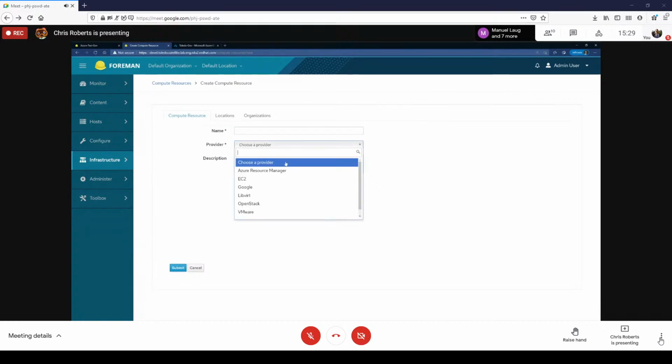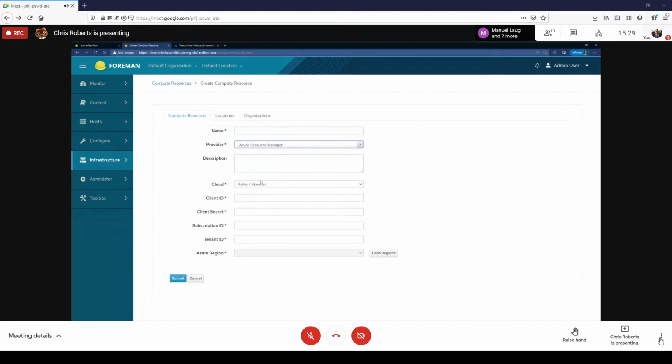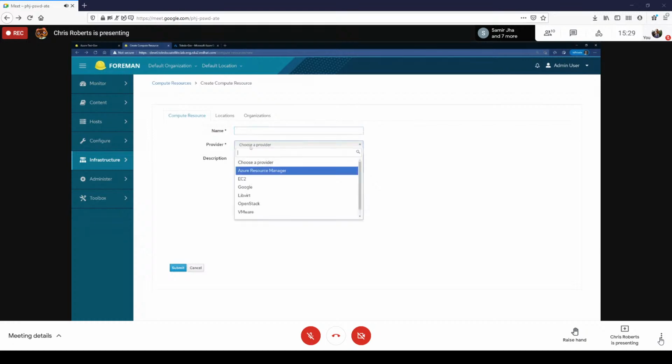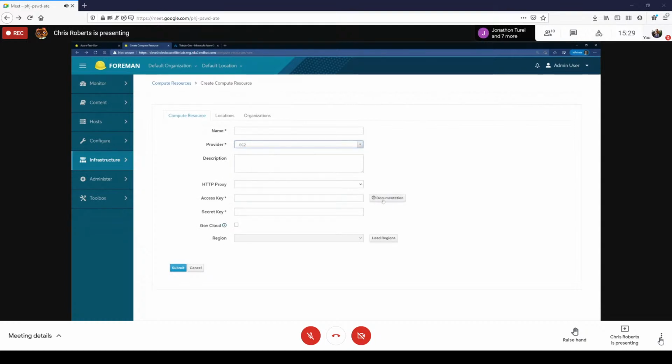So I'm going to do Azure Resource Manager. And now you'll see this option called Cloud. So you'll see we can pick the different ones, either public, or we can pick the 3 different government clouds. So that's what it will look like on the new form. We also have that just went in today on that client ID portion. There's actually a documentation button that just went in. I don't know why it's not loading. It'll be just like this, but it will take you to the plugin documentation. So that's just got added in there. It's not in there right now, but